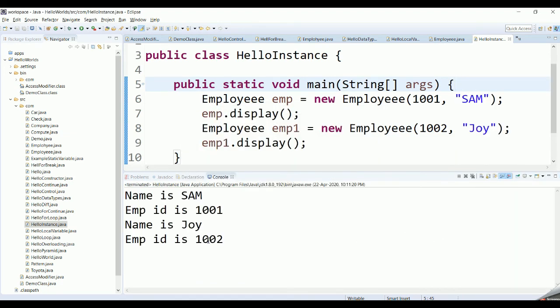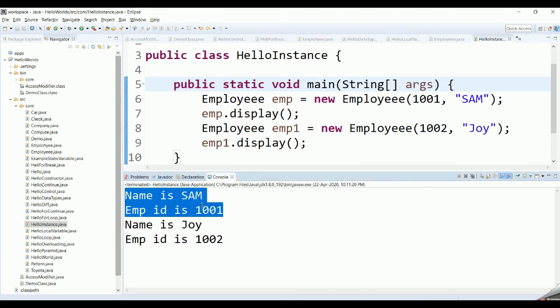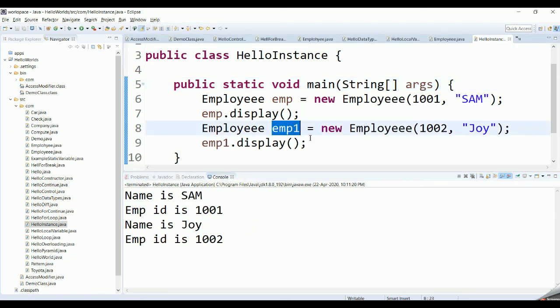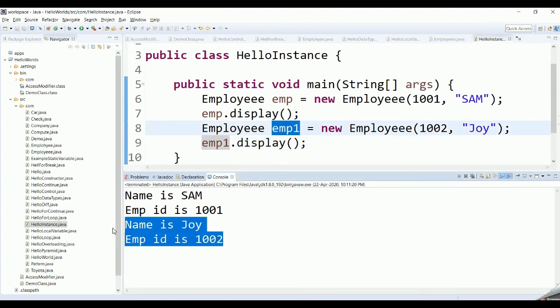For the first employee the name is still Sam and 1001, and for the second one, called with emp1, the value is printed as Joy and 1002. So each value is not clashing with the other, and each value is not overriding the other. This is the concept of instance variables. Instance variables retain the state of the object that has been created. Whatever value has been set by that object, it will retain the state then and there.